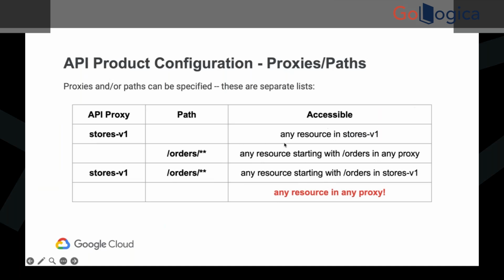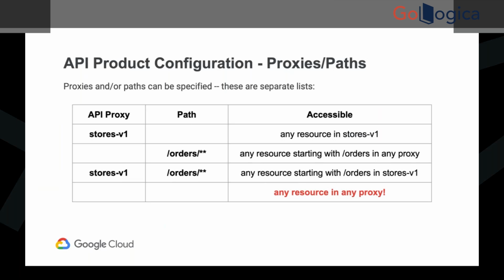If you are only giving proxy, then Apigee will allow any resource within the proxy. Now if you are not giving any proxy name and you are only giving a path name, then in any proxy, if this path pattern comes, say orders slash star star, and it comes in multiple proxies, three or four, wherever this path is there, those paths will be accessible